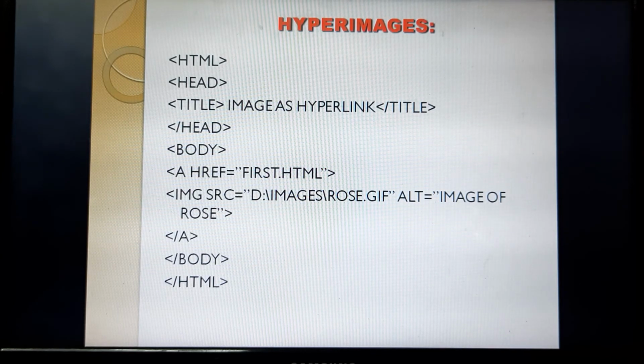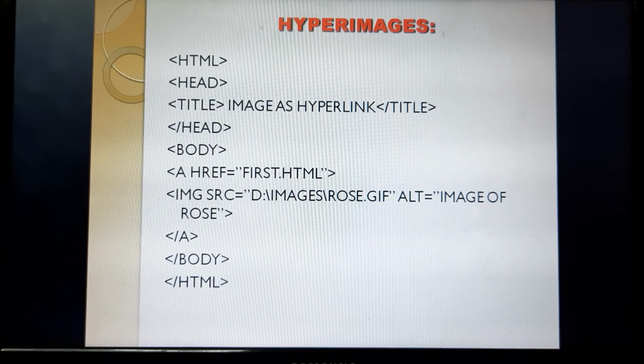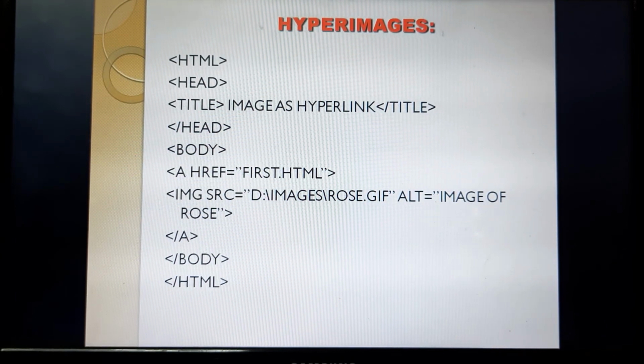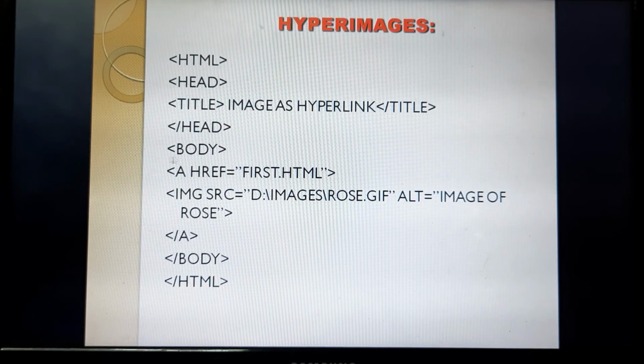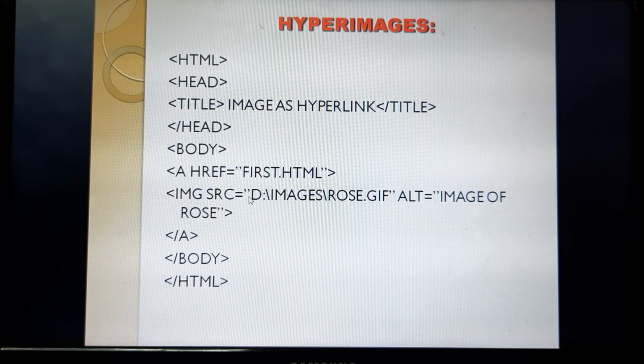This is an example of the hyper image. Now you can see what I did in this program. In simple terms, you will come to know how a normal image becomes a hyper image. Now you can see I am directly giving the example of the img tag: src is the attribute equal to, and in double quotes I need to specify